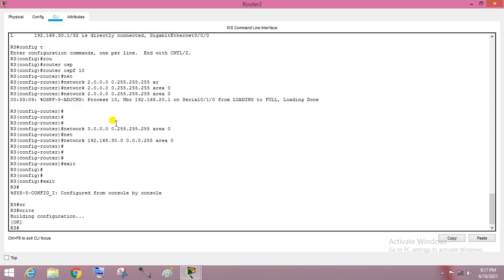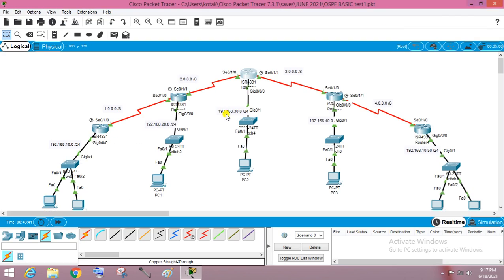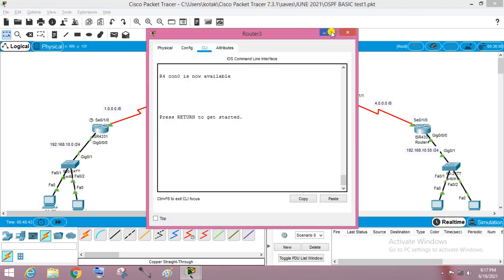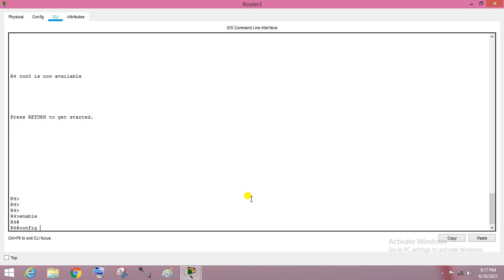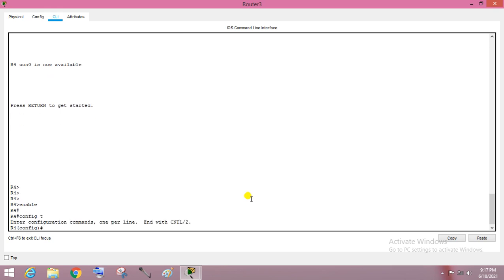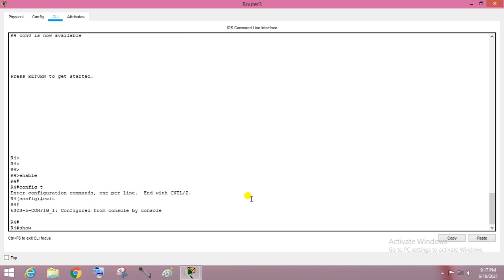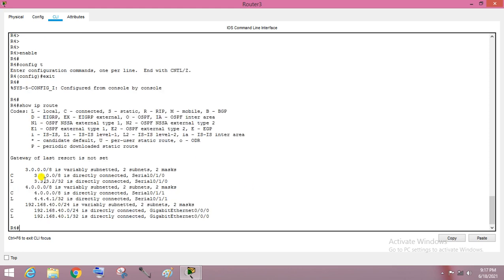Right. Now go to router number 4. Enable, config t. You don't know the routes again, so show ip route. The connected networks are 3, 4 and 40.0.